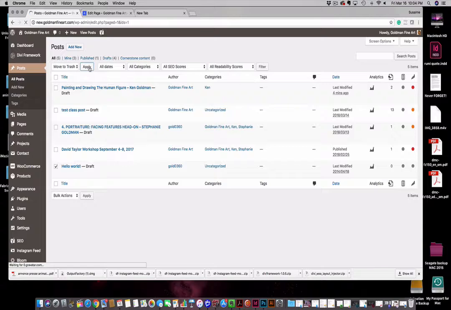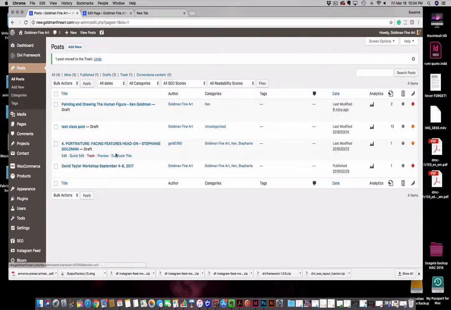So we have right now 4 posts that we can see here. One is the David Taylor workshop that I believe Stephanie has put up here. Then there's a portraiture facing feature head-on Stephanie Goldman draft. This I set up for you. It's a test class post which has just